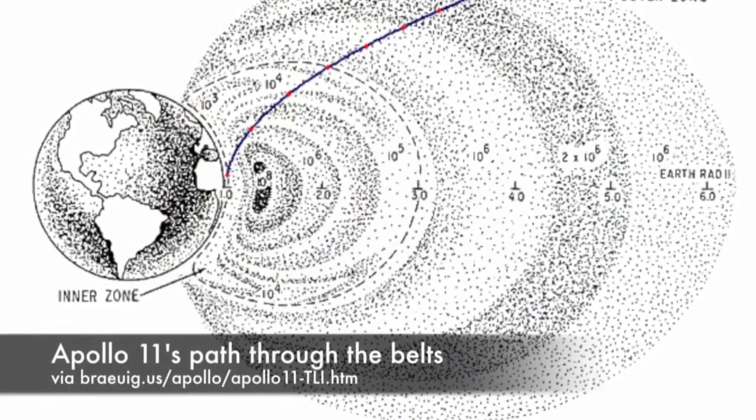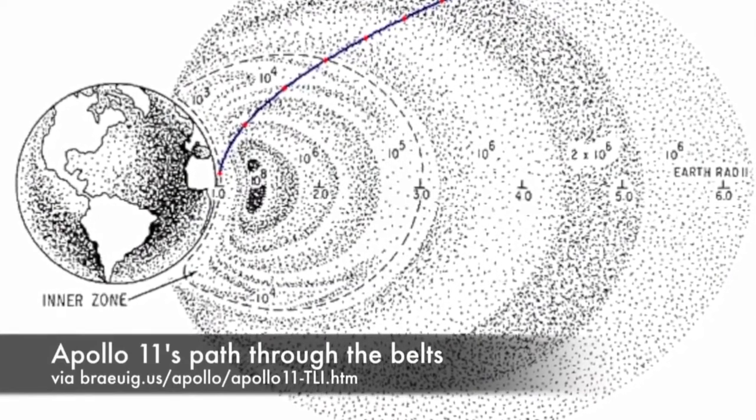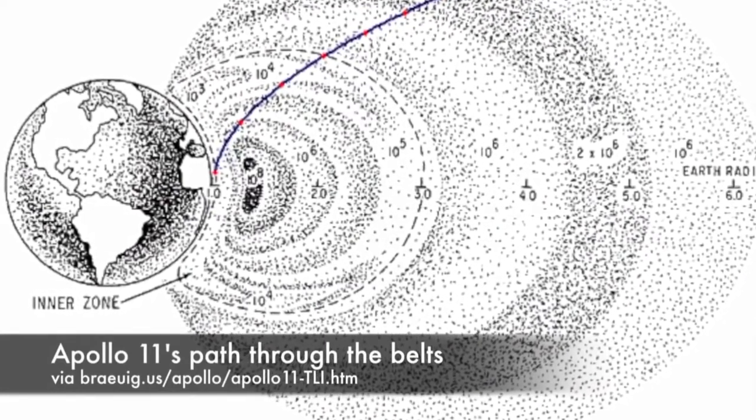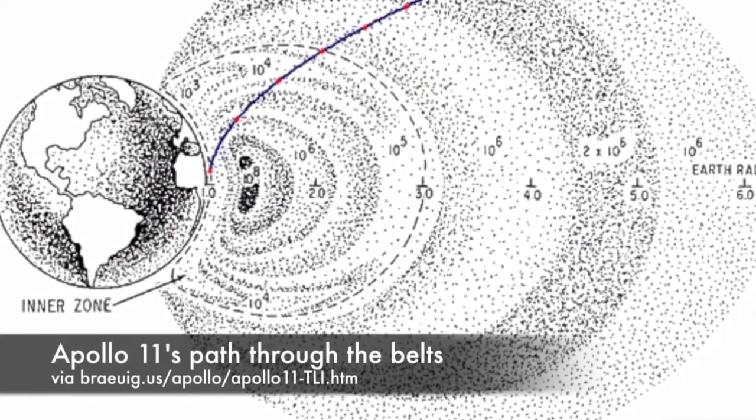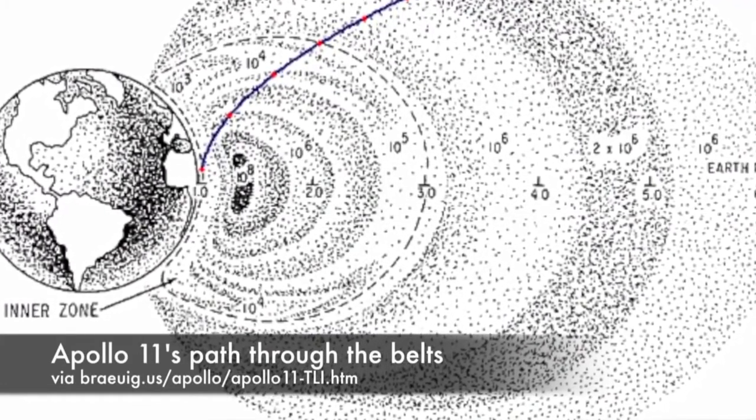Trajectory analysts found the safest way through the region, and mission planners reasoned that the astronauts would pass through the worst of the belts fast enough that they didn't need any additional protection. All the electronics and instrumentation lining the walls of the command module would give them enough of a kind of makeshift shelter. At the end of the Apollo program, NASA found that its astronauts had not been exposed to any